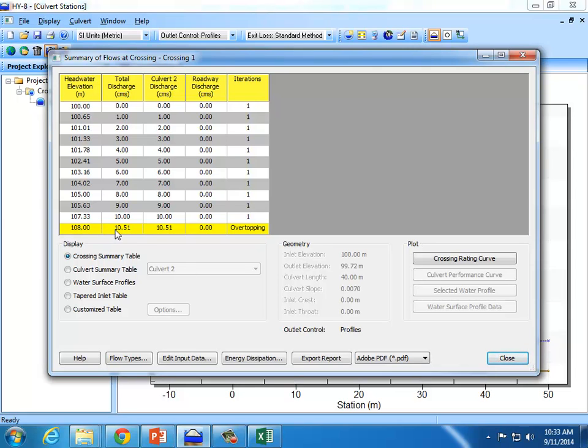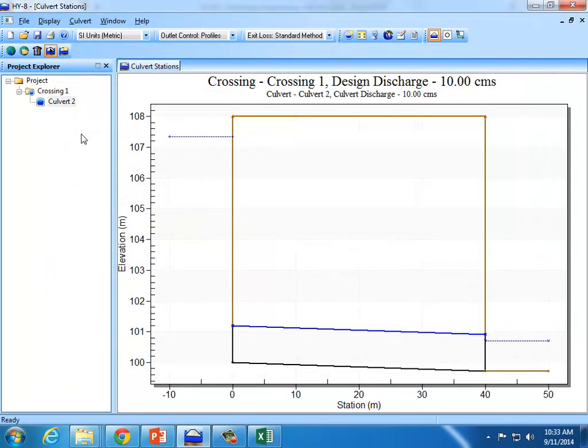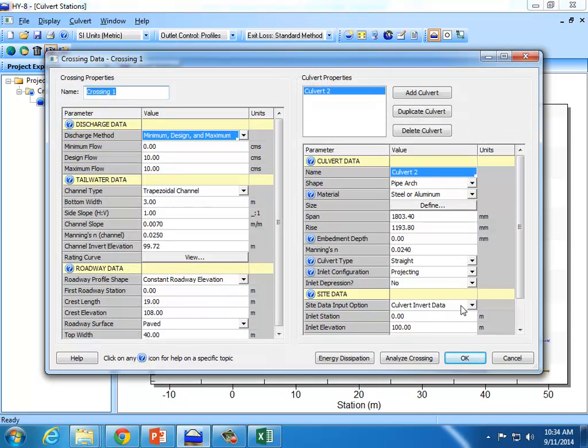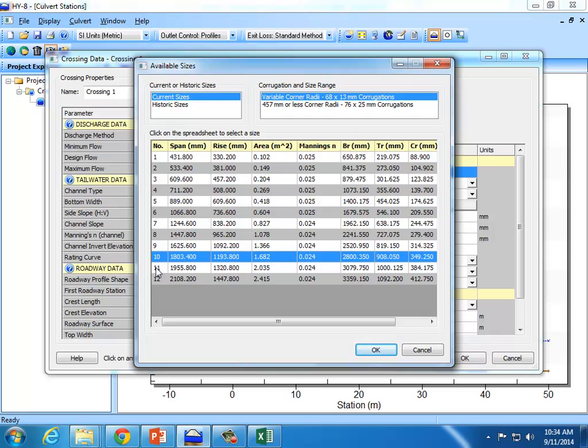Oh, hold on a second. No, yeah, it's carrying all of the flow. So what this is saying is it's at 107.33, so that's just a little bit too deep, because what I want is the headwater depth to be 7 when it's carrying 10 cubic meters per second. So just a tiny bit bigger will mean that I don't go over 7. So if I choose the next larger culvert size,